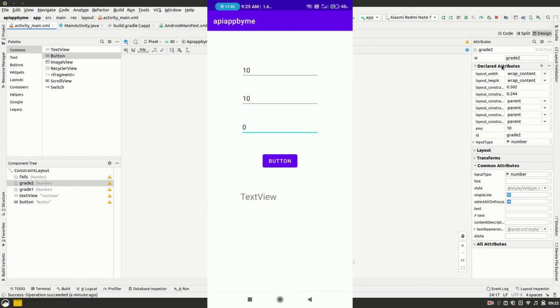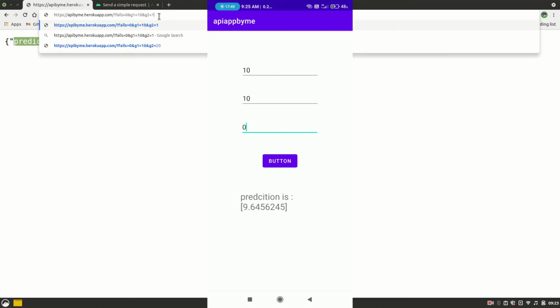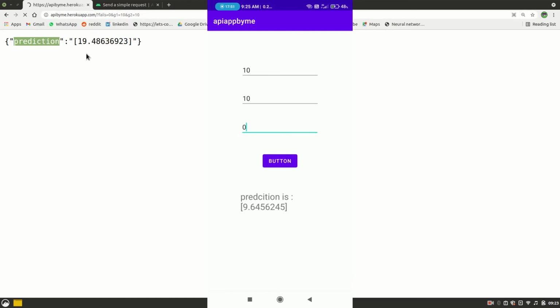Let's cross our fingers and hit the button. Yeah, you can see that the prediction is 9.64. You know what, let's go back to our browser and set the same values: fail as 0, grade 1 as 10, and grade 2 as 10. Let's hit enter. So the output is 9.64, and on the screen also the output is 9.64.